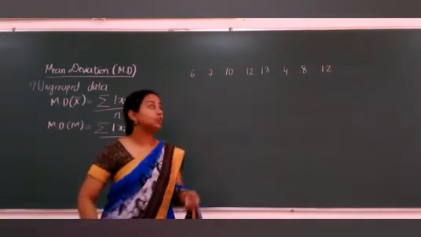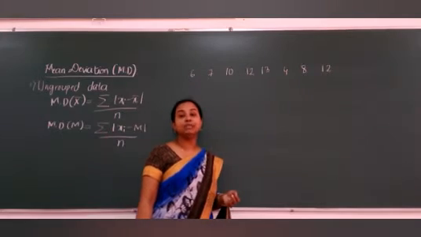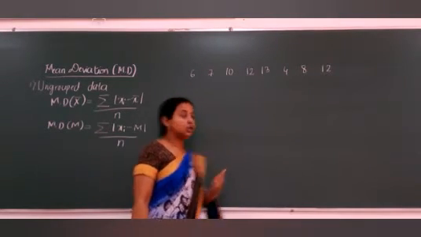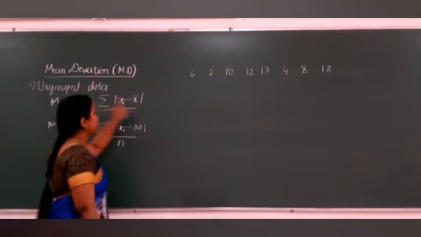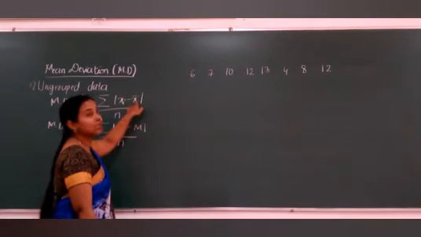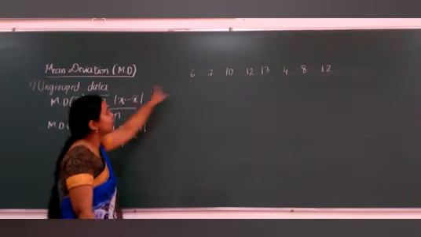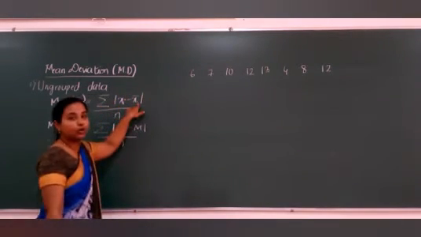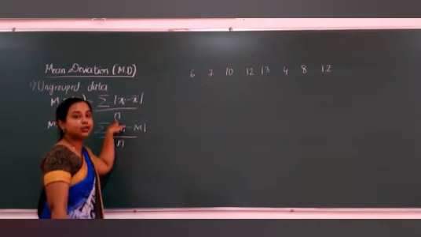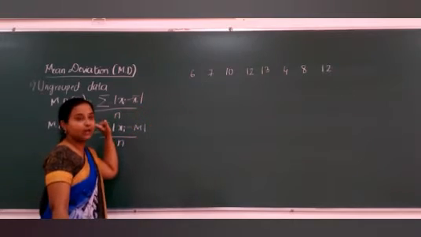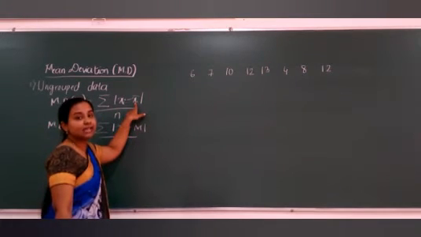So for this, what do you have to calculate? You have to calculate the mean deviation about mean. To calculate the mean deviation about mean, first you should know what the mean is, because to calculate xi minus x bar, the xi's are already given. X bar we don't know. N also is known. What does n denote? The number of terms. Right. So now x bar has to be calculated.